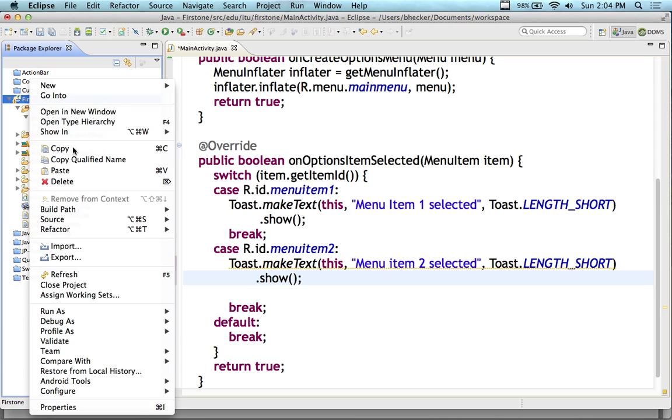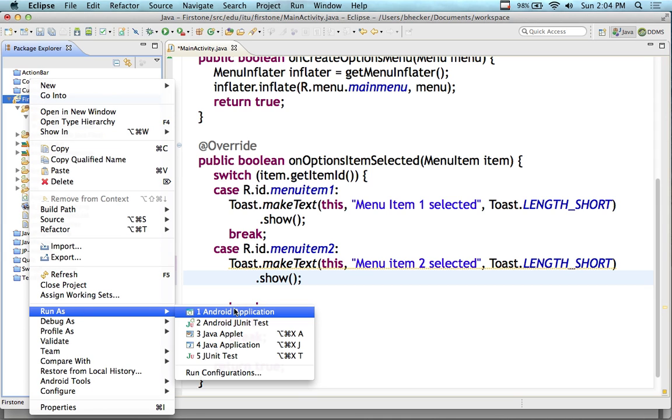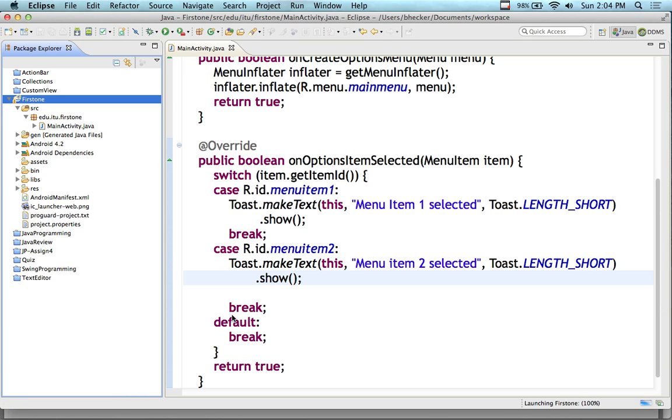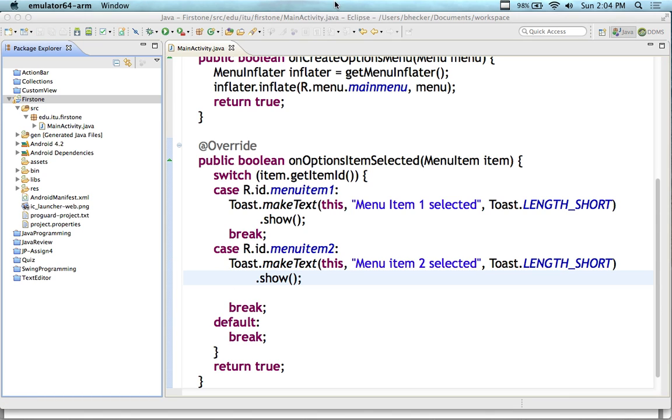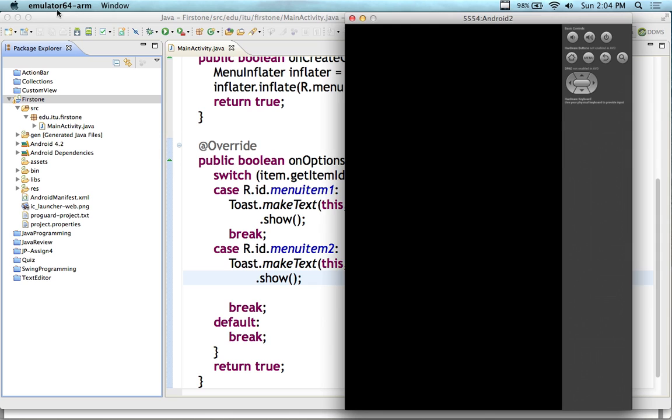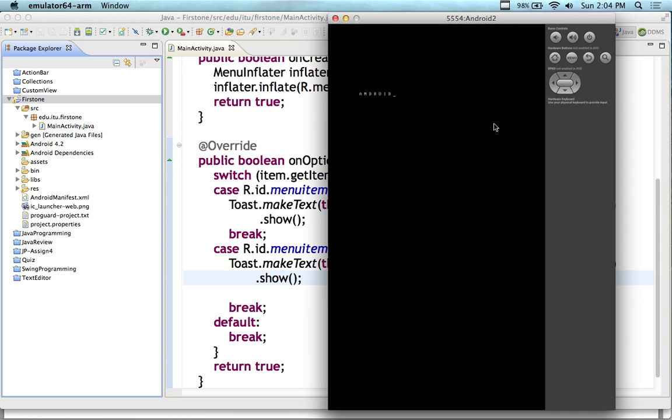If I right mouse click on the project and do Run As, I can run a configuration for it, or I can run as an Android application and then select. If I run as an Android application, it'll pick the most appropriate, which happened to be the emulator 64 ARM for Android 2, and it'll just pick one. Well, it picked the first one matching the configuration that I had for this project, which was a 4.2